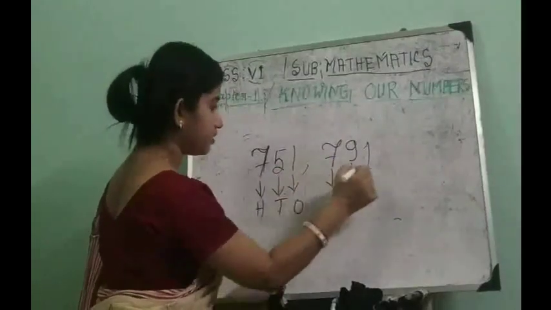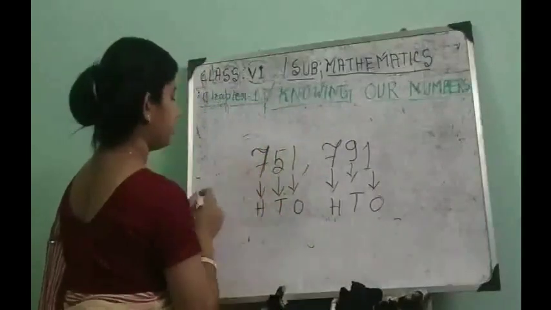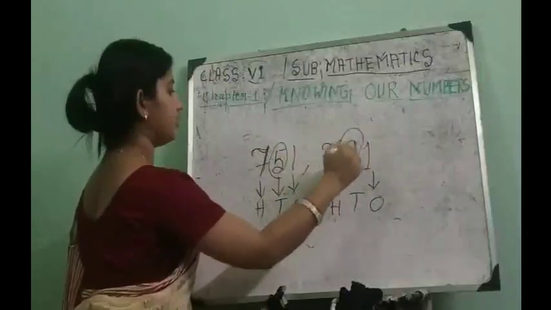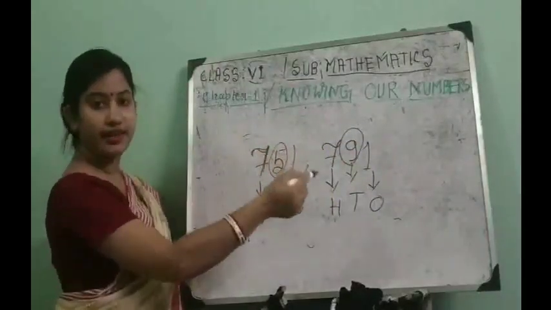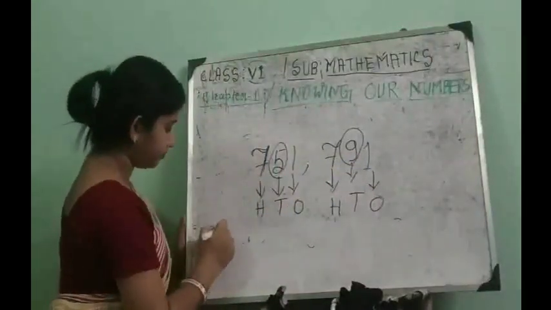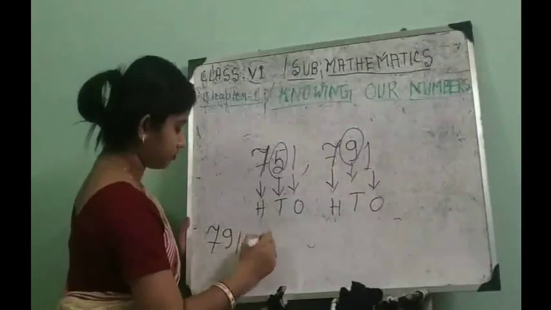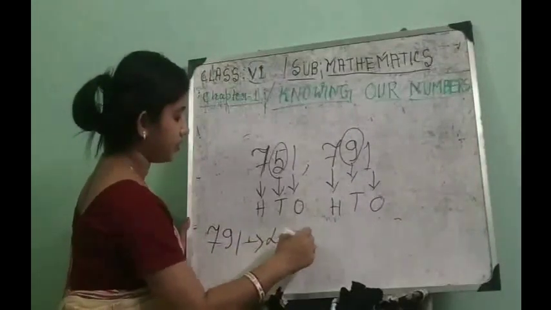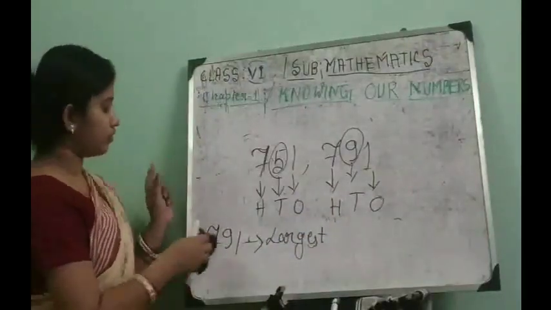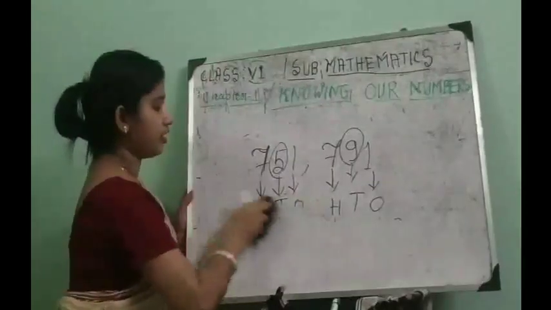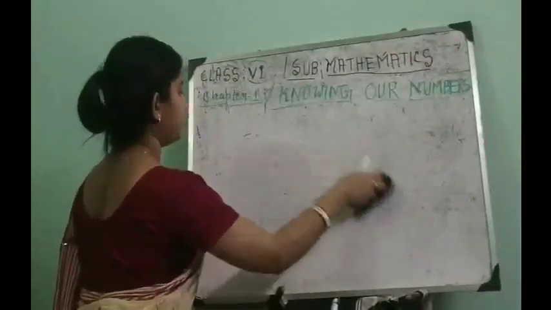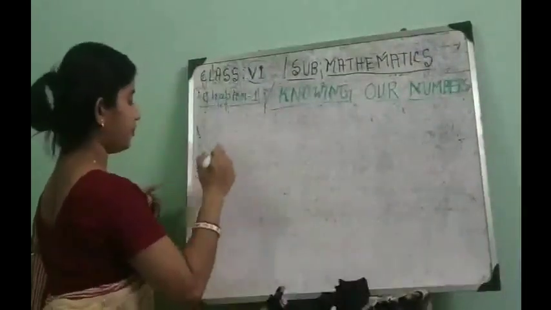And here this is 1 place number. This is 1 places number. So in 10 places number, this is 5 and here is 9. 9 is larger than 5. So 791 is larger than 751. So 791 is largest number. So in this method we compare two numbers and we find largest and smallest number. Next I take another number.